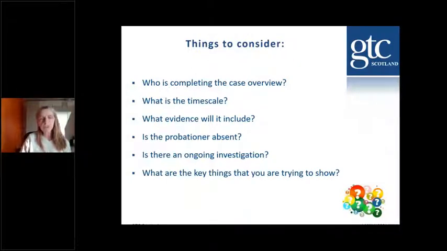So again, the more prepared you are, the more things that you have to hand in terms of evidence to put into the case overview, then the quicker it will go to panel and the whole thing will be wrapped up. So the sort of evidence that it includes, if, for example, let's say one of the areas that you were highlighting that was not satisfactory, that was causing us concern, was around classroom organisation, the sort of things you would be including in evidence may be feedback from observations, more detailed feedback